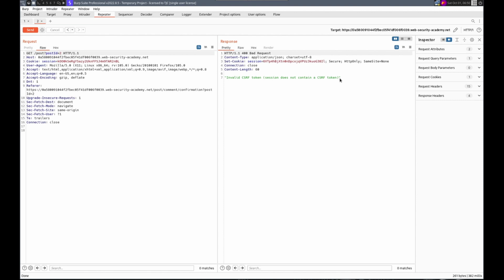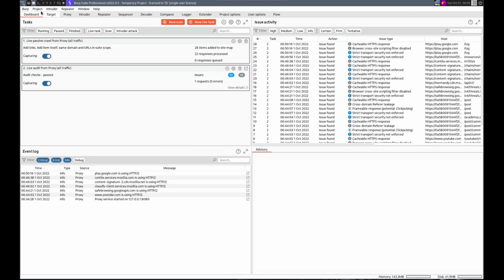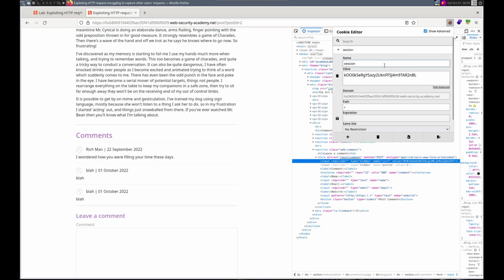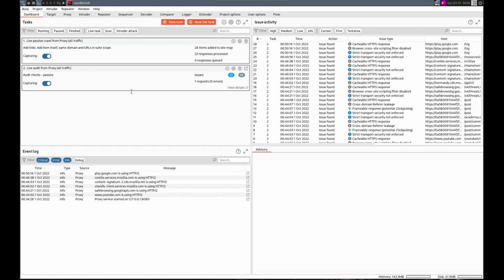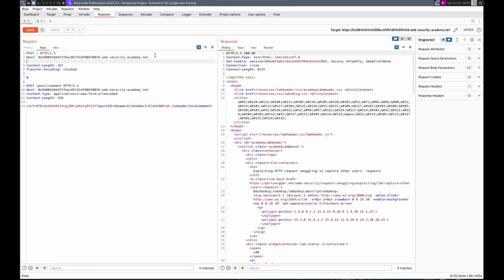Invalid CSRF, session does not match. Oh, I need my session also. So whoops, I need to go here to Repeater. And here I'm going to put